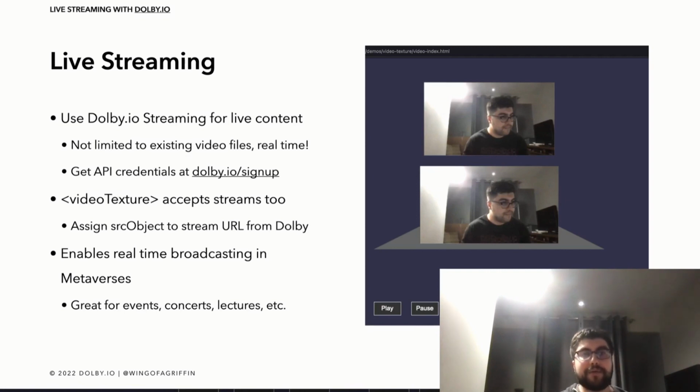where you need to know that video texture can extract streams too. If we assign the source object to the stream URL instead of that local file that we have within our repository, we're able to have that real-time broadcasting directly within the metaverse, which is great for things like different events, concerts, lectures, anything that actually involves real-time